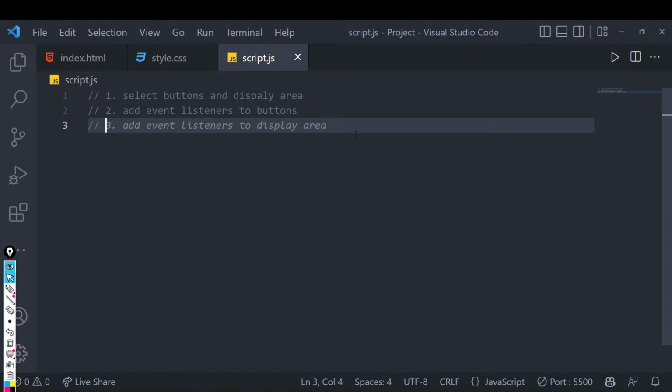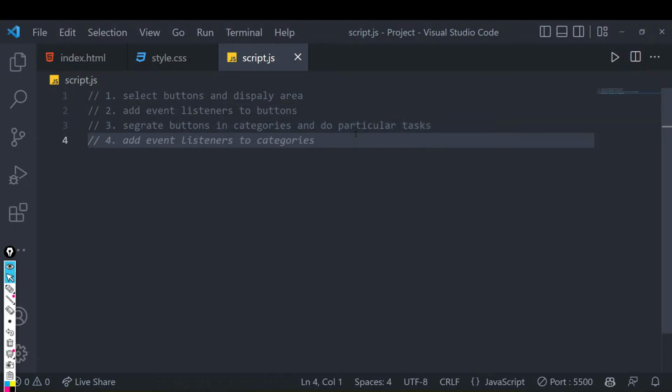Since we have done that, we'll say then, segregate buttons in categories and do particular tasks, right? What I mean by that is, see what the possible categories will be.